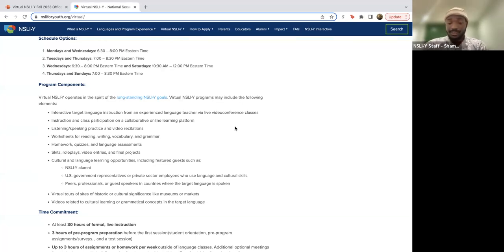For acceptance rates, I see a question about acceptance rate. We usually don't talk about the acceptance rates. We don't have any figures or numbers to throw out there. It really varies between year to year and between languages. We also just don't want to promote that just because we don't want to make it seem like it's a big competition, right? I know a lot of you may be seniors applying for colleges and stuff like that. We don't want to make it as stressful and as competitive or seem as competitive as those college applications, right?